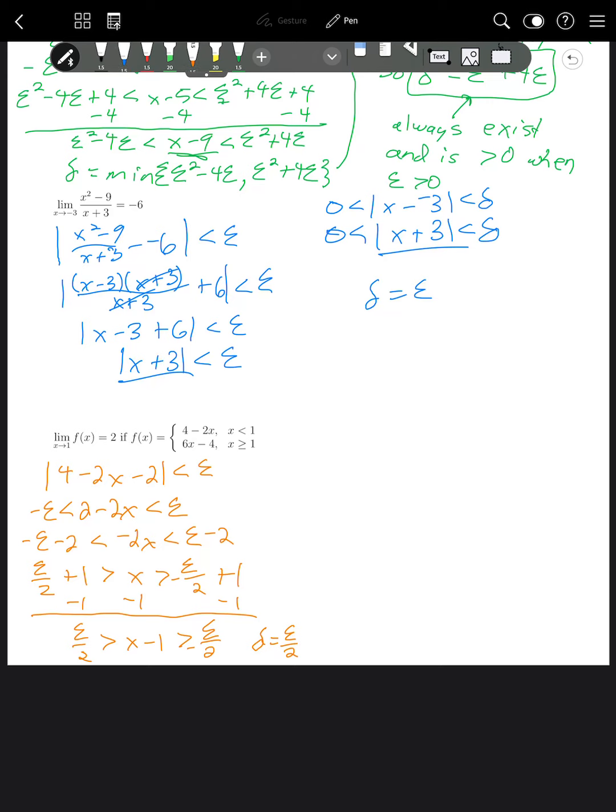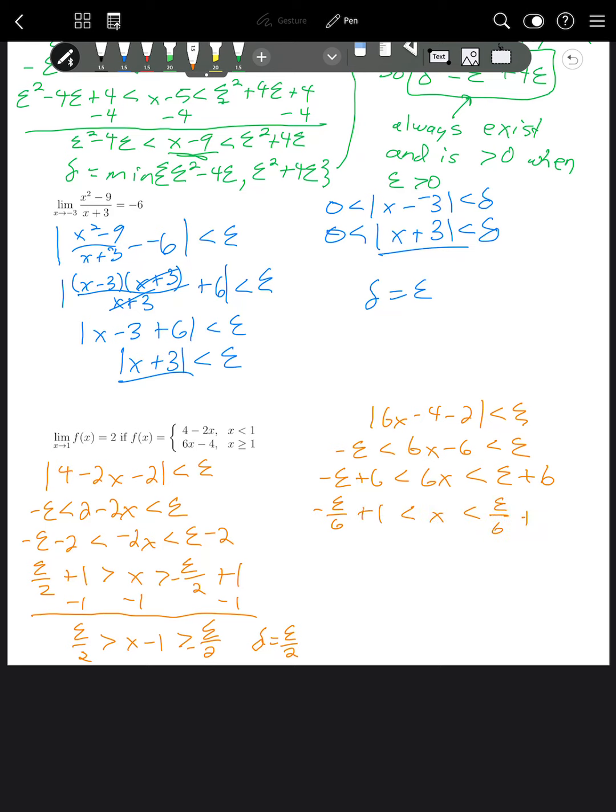Okay, so I'm going to do the absolute value of 6x minus 4 minus 2 is less than epsilon. So that's negative epsilon is less than 6x minus 6 is less than epsilon. Okay, add 6 to both sides. So this is negative epsilon plus 6 is less than 6x, which is less than epsilon plus 6, and divide by 6. So this is negative epsilon over 6 plus 1 is less than x, which is less than epsilon